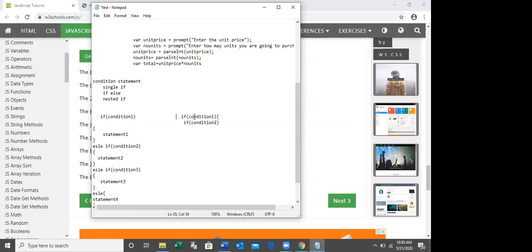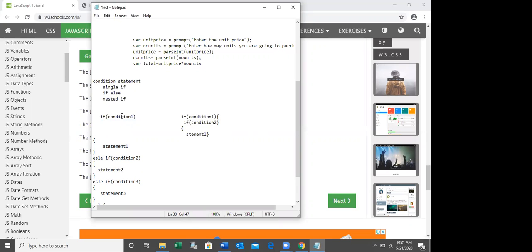If the condition 1 is true, again I am checking condition 2, right? If the condition 1 and the condition 2 are true, statement 1 will be executed, right? So both conditions must be true to execute this statement 1.